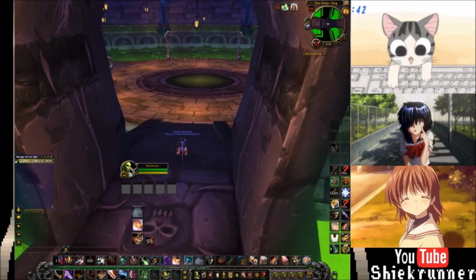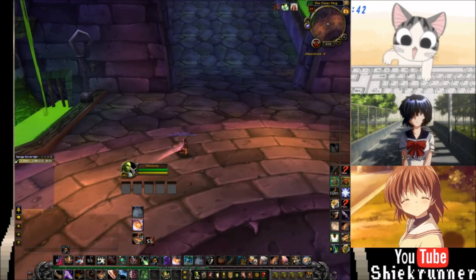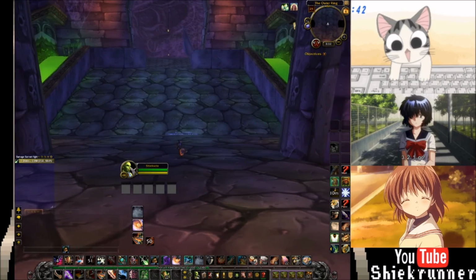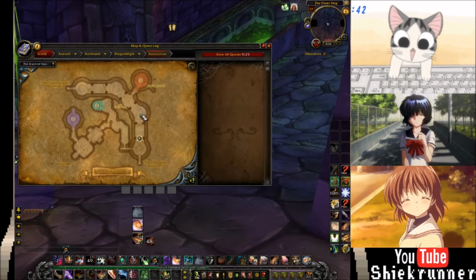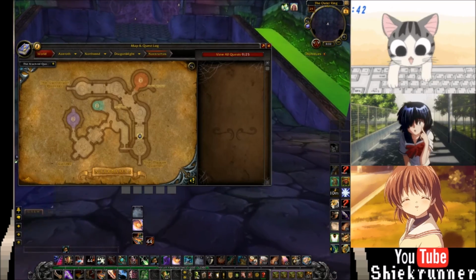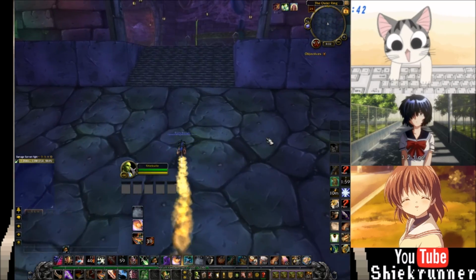This way of wall clipping allows me to clip through walls when no enemies are around. See, because I didn't kill the first two bosses, there are no enemies here, and if I don't kill any of these